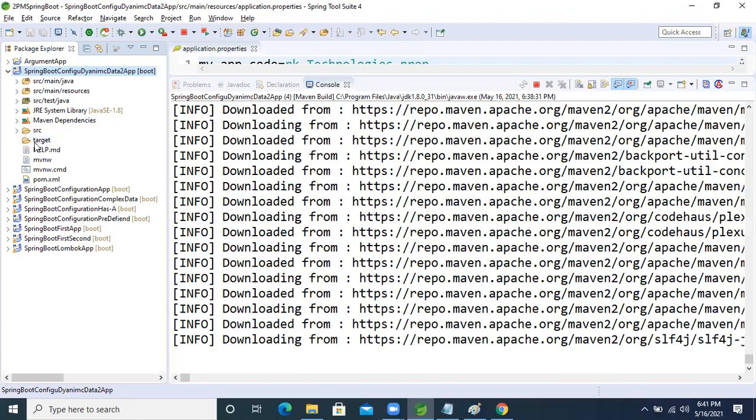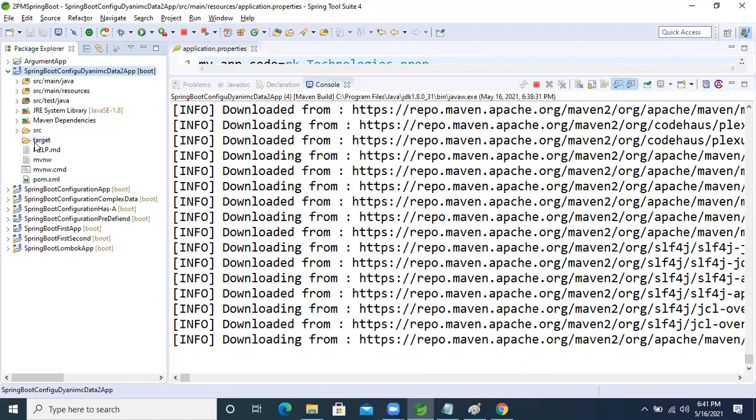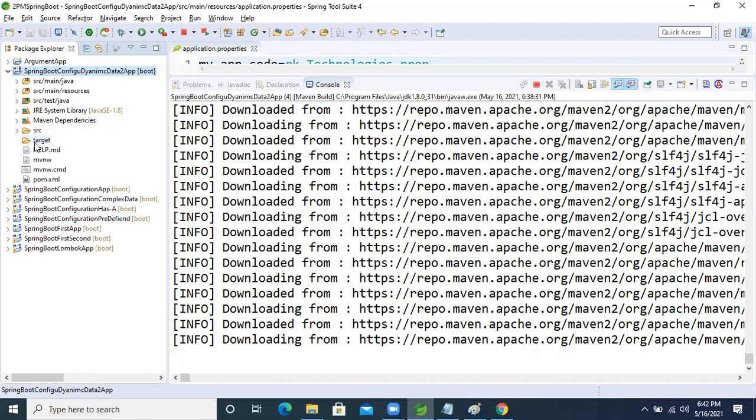After that we will run that target folder, right? And we will see how it's working. And those jar files we will see when we work on Spring MVC, right? Boot MVC. At that time we will see that, but here we will create the jar, right? Here we can, because this is a standalone application, right?